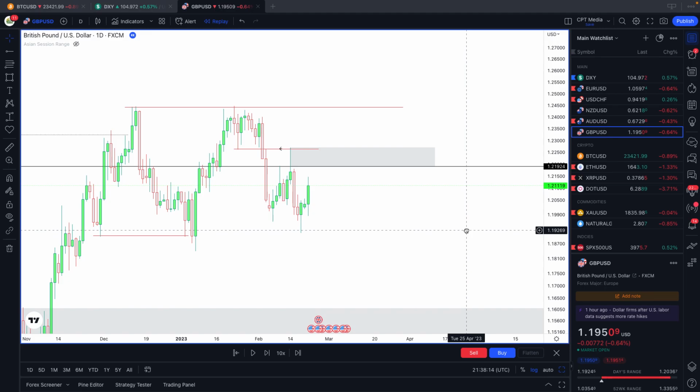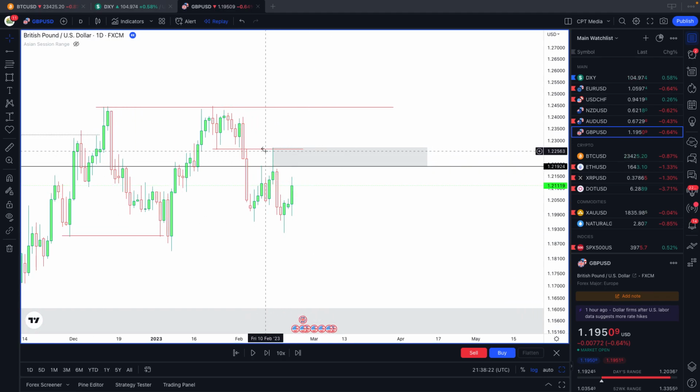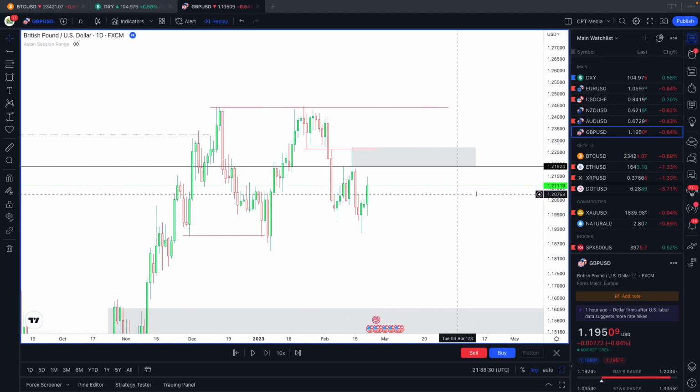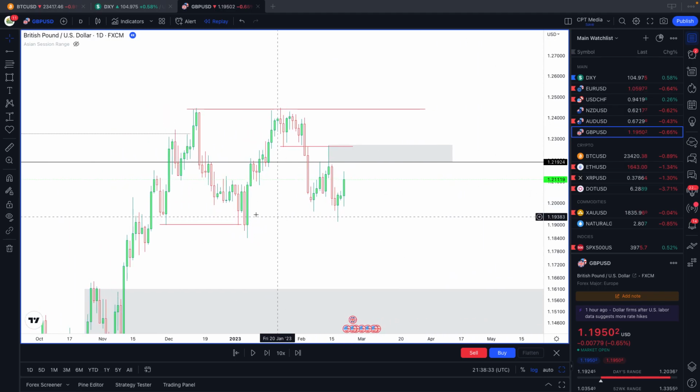There's a lot more lower time frame structure that I do want to go through, but I don't want to make this video an hour long. I'd be looking for this region mainly because after it retested, it left a big imbalance zone on the daily time frame. So we're likely to come back and retest this zone at some point in the future. So I could potentially leave a limit order here. Depending on how you trade, it's completely up to you. You could leave a limit order here